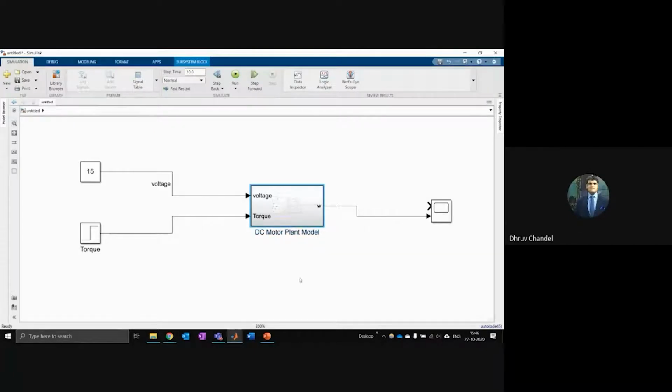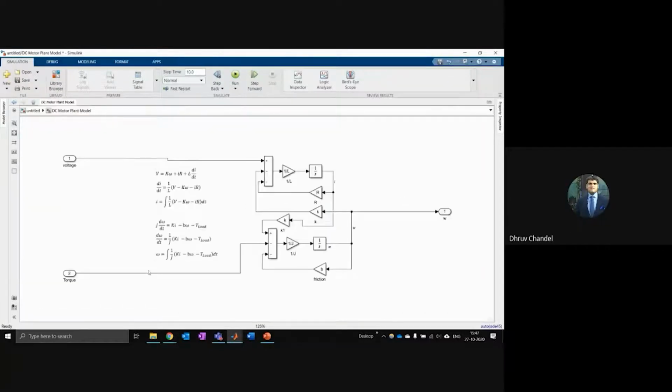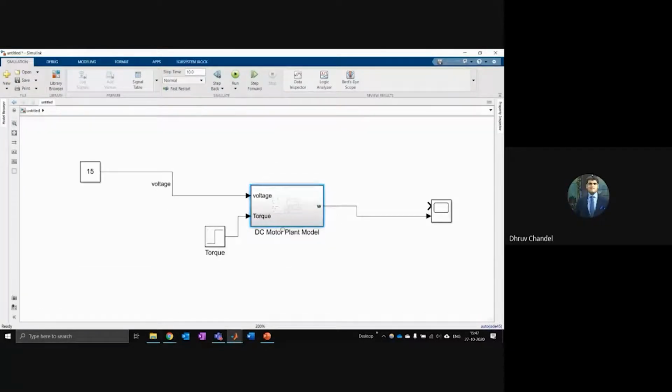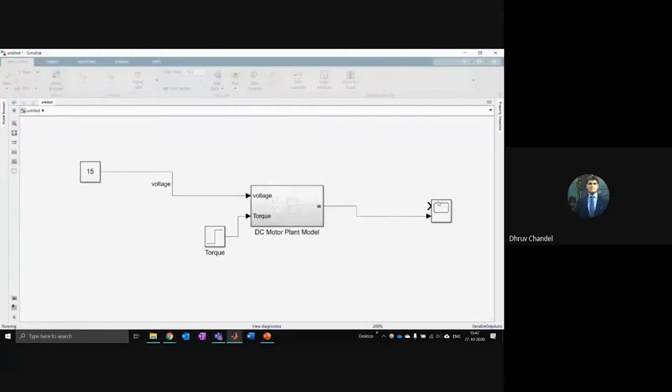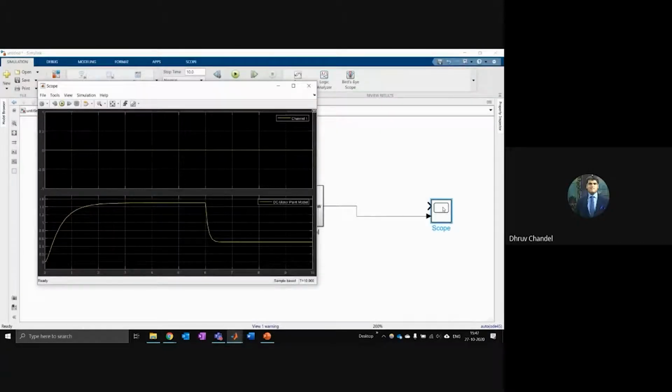So plant is something that comes from chemical engineering, because the concepts of control theory were developed initially for chemical plants. This subsystem contains all the dynamic information of what is going to happen when I feed in some voltage and some torque. Without having to go in and see all this complexity all the time, I can just simulate the inputs and outputs and see what the result looks like. If I hit the run button, I get exactly the same result, except of course I'm not measuring the current anymore, so this is just blank.